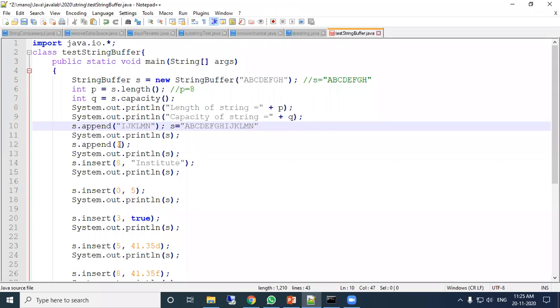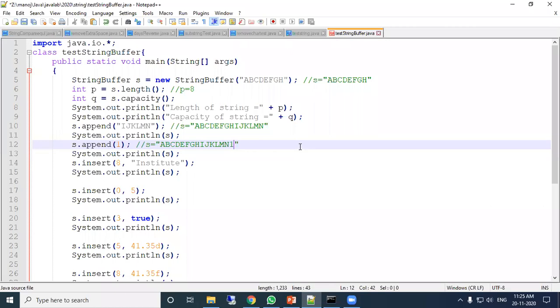Here append 1, digit 1 is written. That means it appends 1 at the end. Previously ABCDEFGH was there, it added this, now here it added 1.